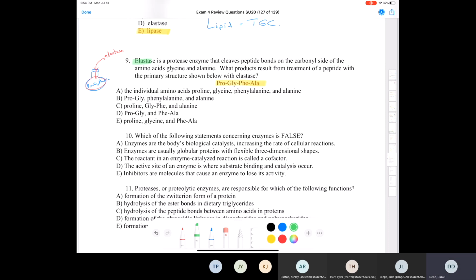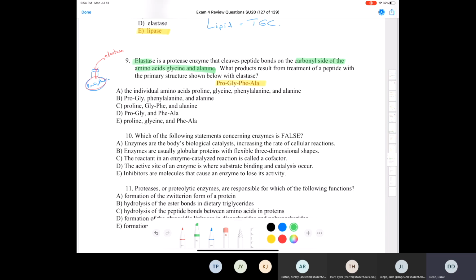It says elastase cleaves peptide bonds on the carbonyl side of the amino acids glycine and alanine. Okay, we don't even need to draw the structure of this tetrapeptide. I want to ask you guys, was anybody able to figure this one out? Could anybody tell me what the answer would be for this one, number 9? I'm just curious to know if anybody got the answer